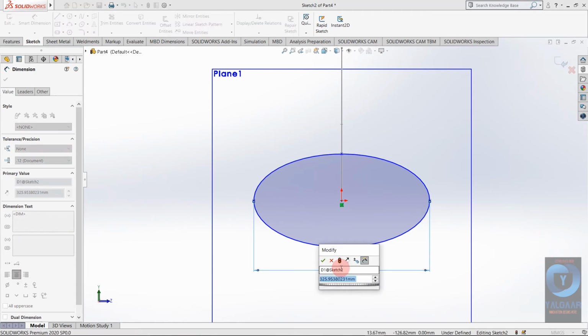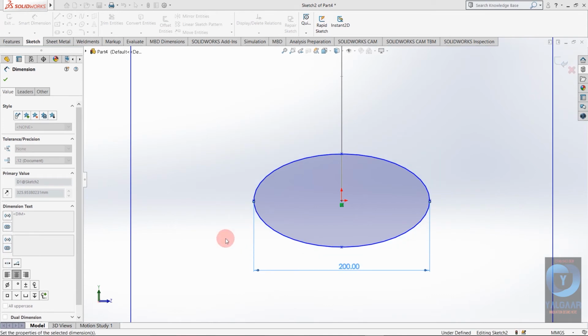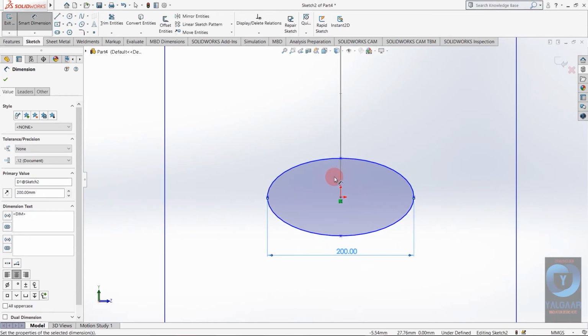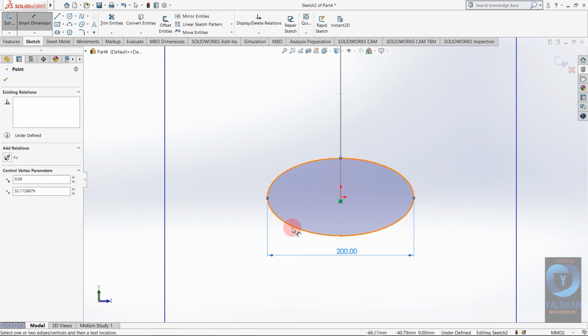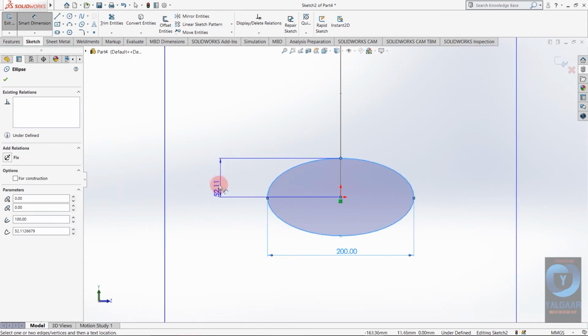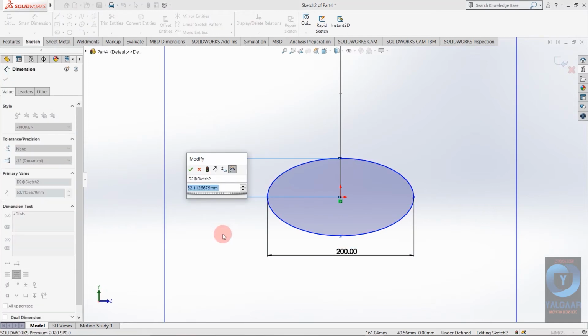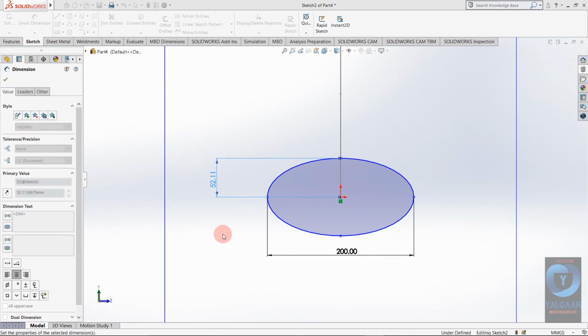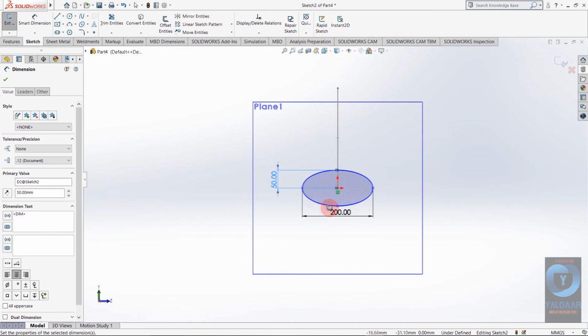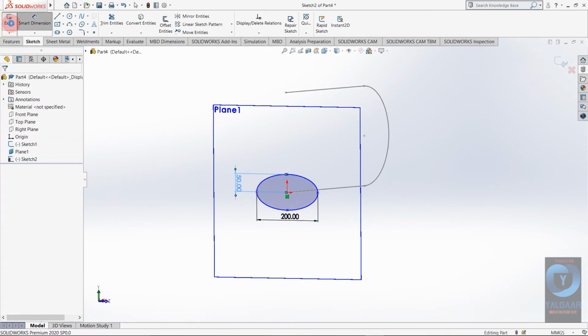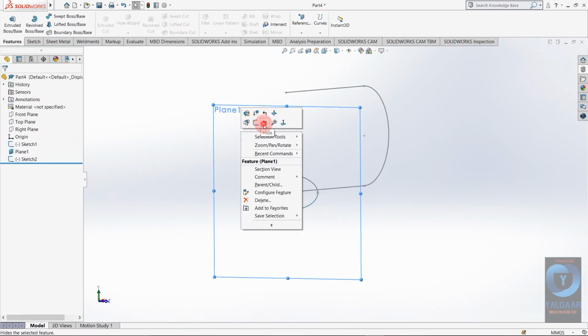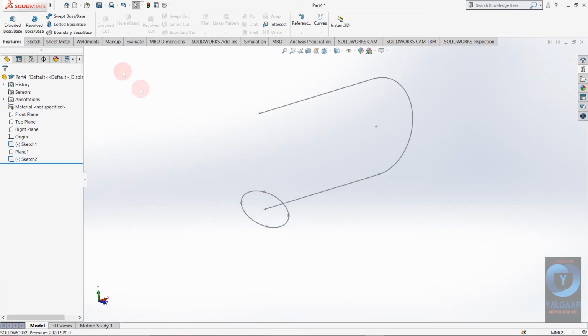So major axis will be say 200 mm and minor axis will be say 50 mm. Exit sketch. I am going to hide this plane for a better view.